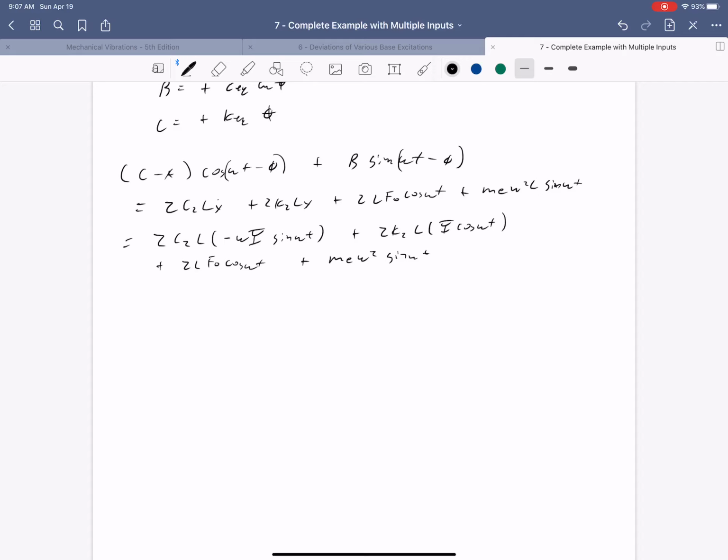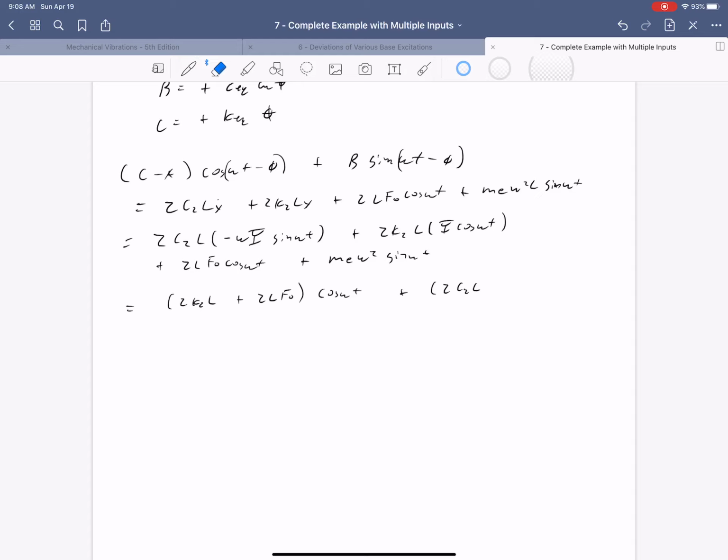So let's group our cosines and sines together. So this becomes equal to, I'll put the cosines first, 2K2L plus 2L f naught cosine omega t plus